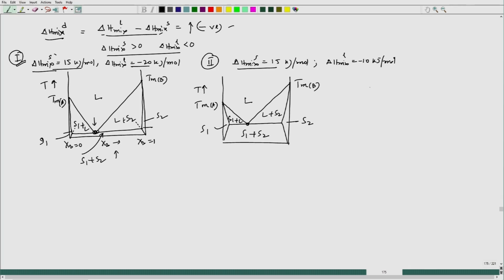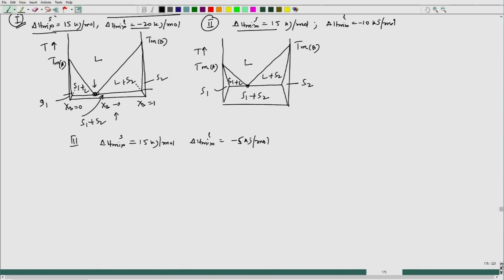And now, in the third case, let us say I maintain del H mix of solid to be equal to 15 kilojoule per mole and del H mix of liquid, let us say minus 5 kilojoule per mole, that time the change we will notice is,